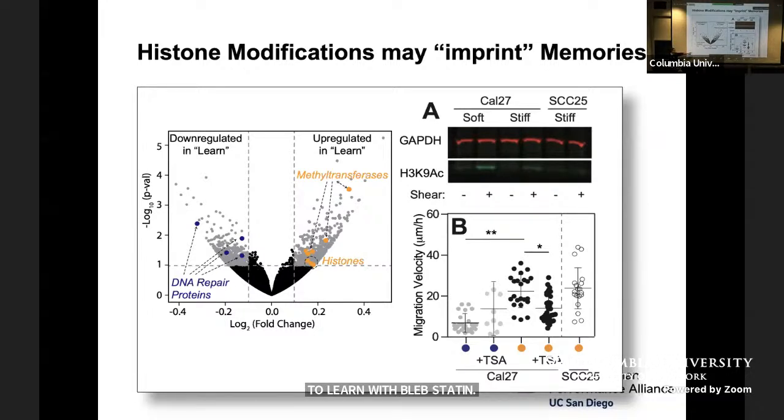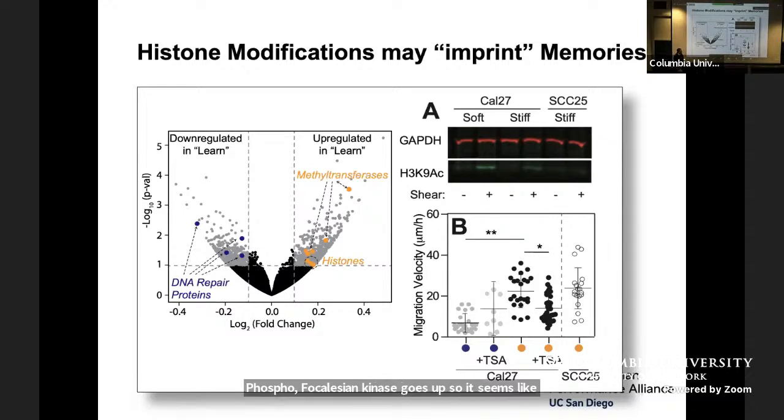So we're not repairing our genome properly, and we're methylating it, which is really bad. So we went back to our assays and said, okay, well, what are ways that we can change histone acetylation? There are some inhibitors out there for methyltransferases, and when you throw these in, the key experiment that I want to draw your attention to are these two black curves, or sets of data here, where we can downregulate the cell's ability to migrate, so they're less mesenchymal, if you will, in the presence of inhibitors